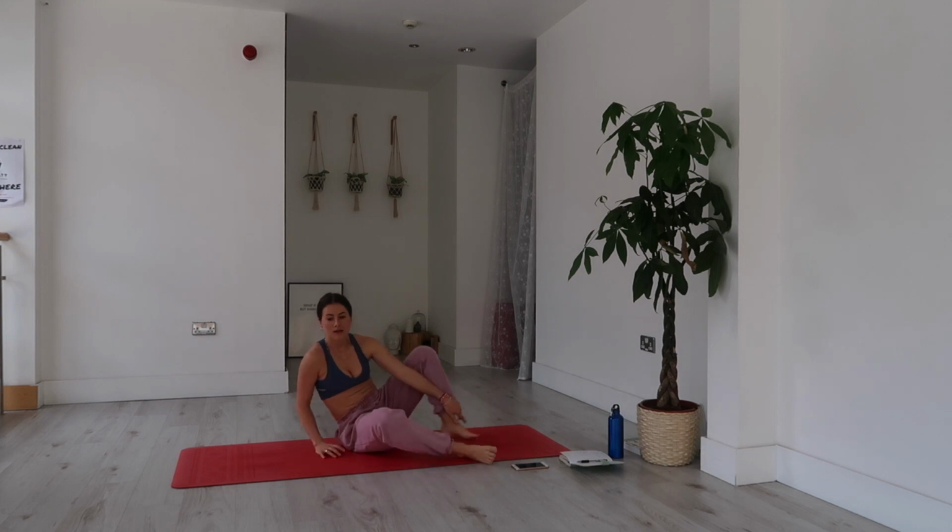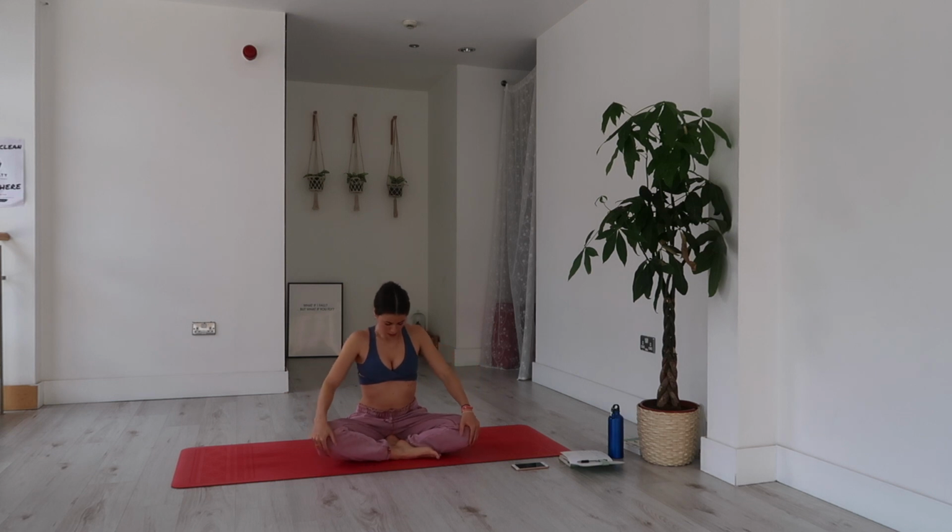Try to keep the eyes closed if you can. Sit up tall through your spine. Stack your shoulders over the hips. Allow your breath to be steady. Again, just take a moment to connect in with the energy that circulates. Remember that strength, that awareness,